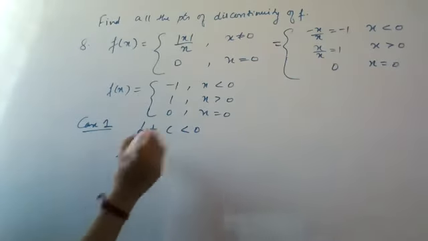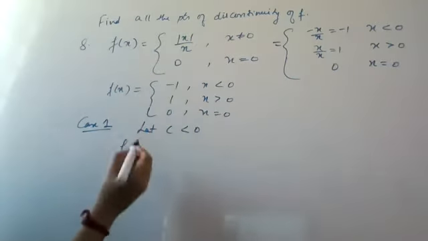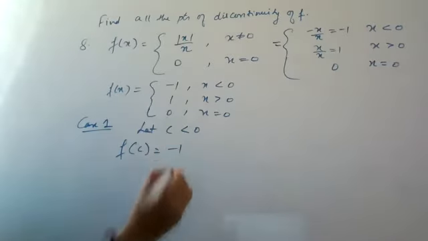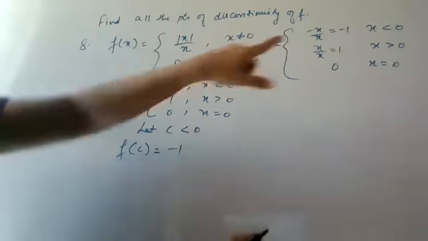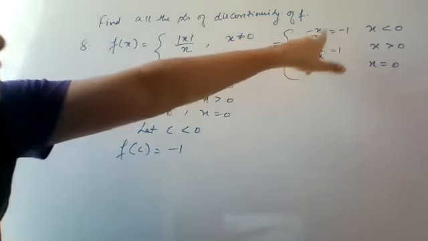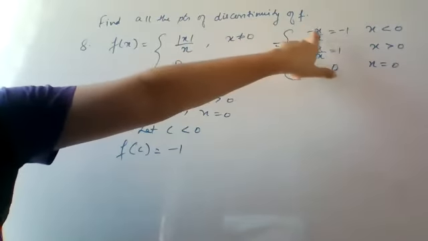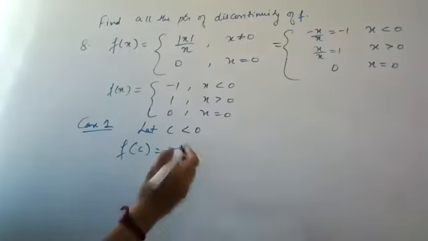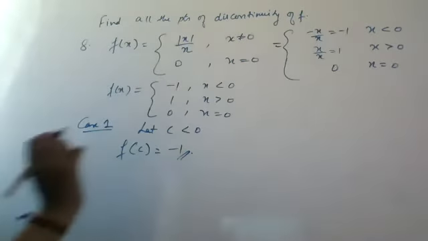Now when I say less than 0, I have a value f of c. जो भी हो c, आपका function value क्या देगा? It will be -1 only. या फिर आप इसमें डाल सकते हो. If this is more clear to you, you can write like minus x by x होगा या minus c by c होगा, फिर cancel करके फिर से आप -1 ही लिखोगे. Directly, if it is understood, you can just direct it, right?